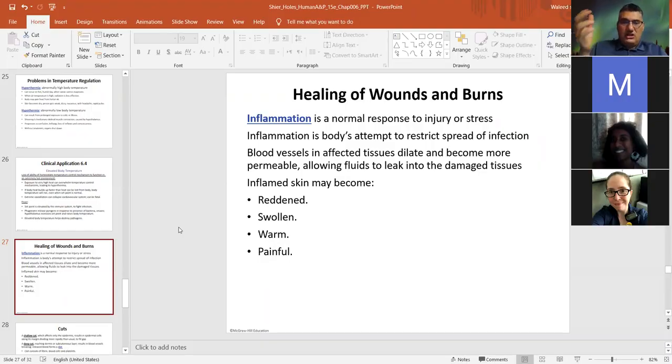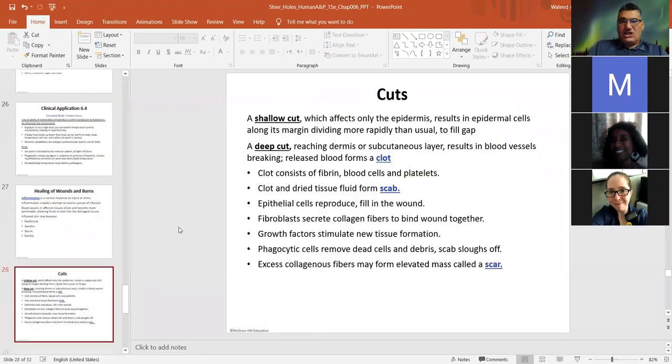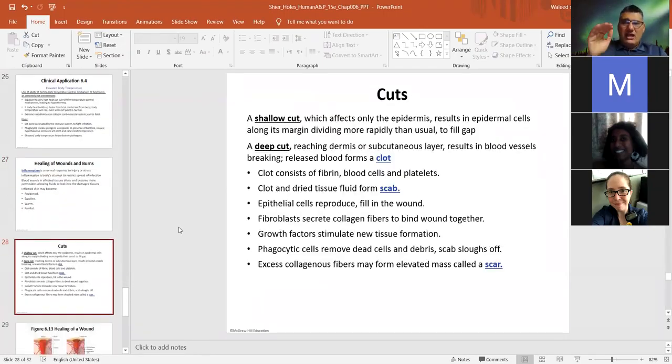You start with inflammation. And if you look at inflammation in your hand, for example, it's always red, swollen, warm, and painful. These are called the local signs of inflammation. If you have a cut or an injury, it can be shallow, affecting the epidermis, or deeper, going to the dermis, and it can actually go all the way down. What happens here is you get a little bleeding, which is called a hematoma, and it will make a blood clot, and then platelets will block it first, and then you have some fibrin to form something